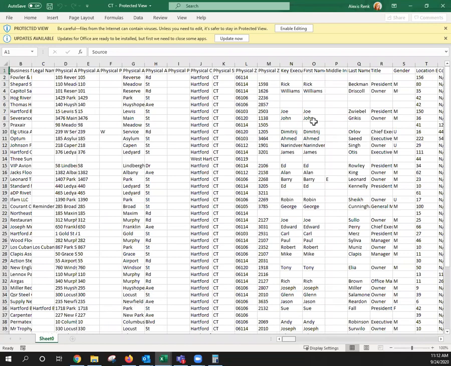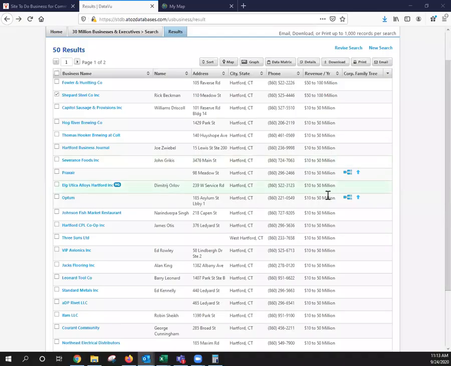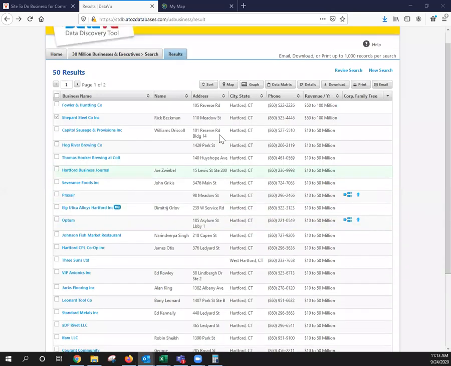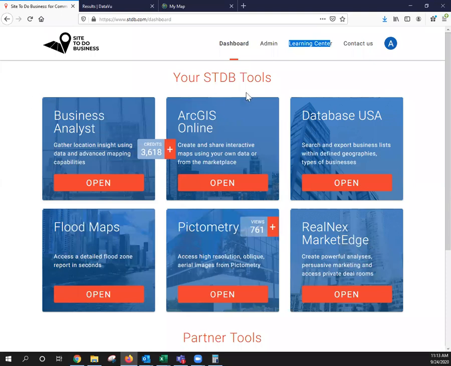All right, so now that we have our information, we can map this. To map it, I'm going to actually show you another tool that we have available. We're going to take a look at ArcGIS Online. So if I select that,